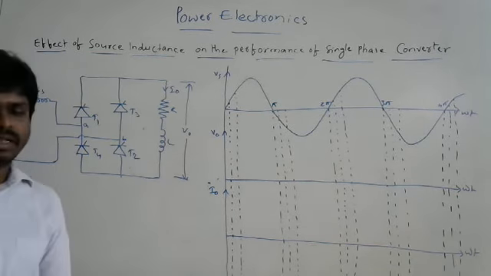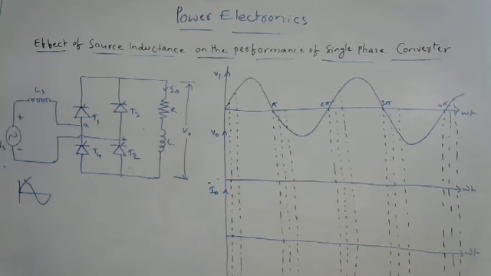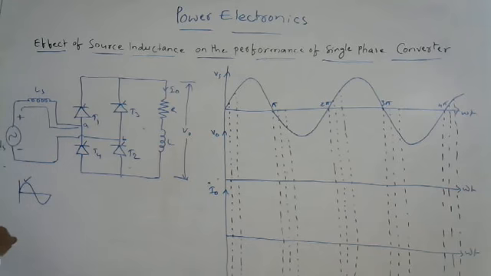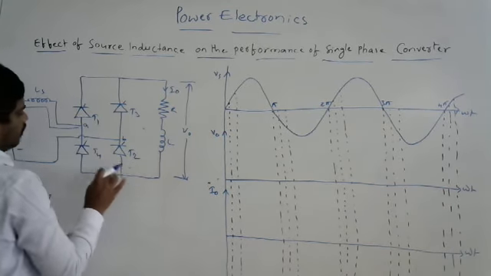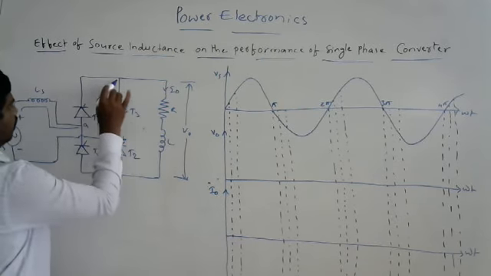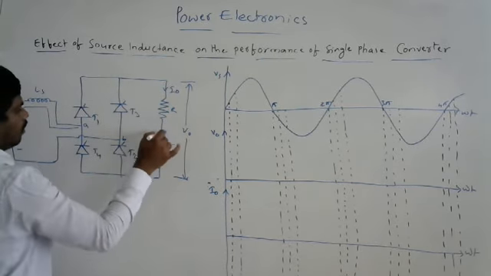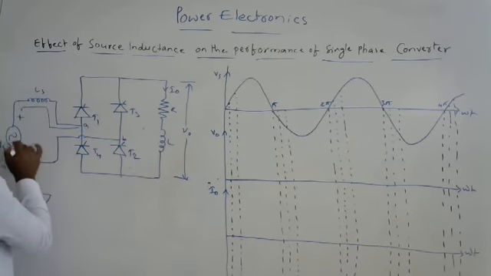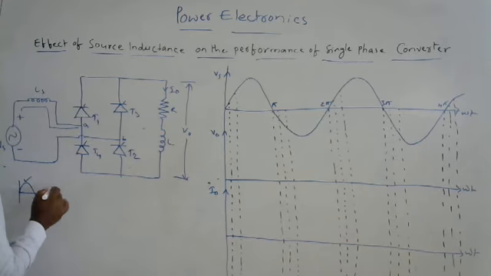Sorry, if I am applying the positive half cycle, the upper terminal (top terminal) is plus and the bottom terminal is minus. Then current is coming like this and entering into A. So whenever you trigger T1 and T2 together, you have the current flow through T1 and R, L, and back to T2 and B, back to the source. Okay, let us see the direction of it.